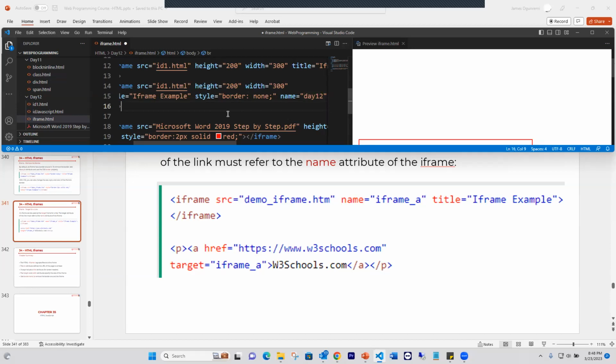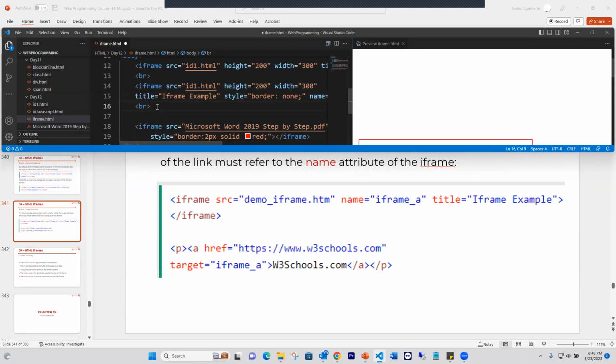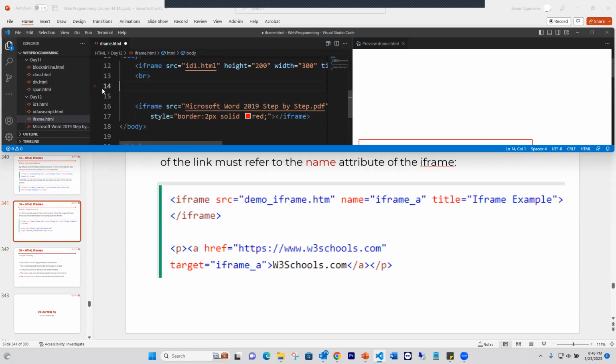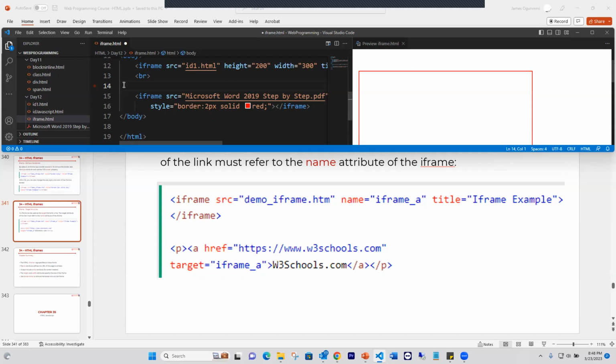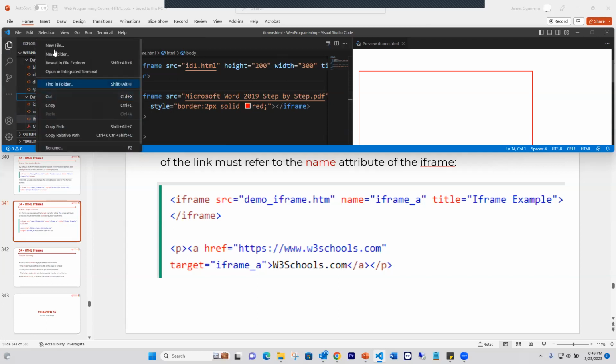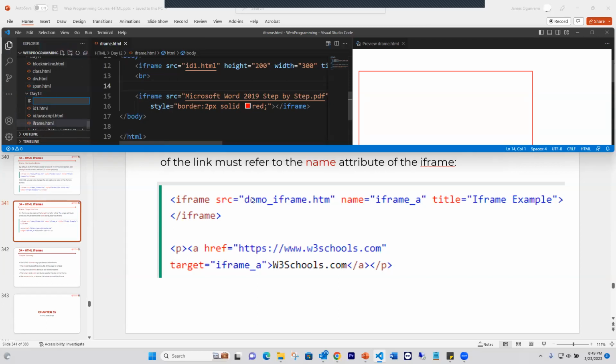Okay, from this code we are seeing here, something tells me we should put this in another document. Okay, guys, let's put what we are doing here in another document entirely, so that we don't confuse ourselves. Let's create a new HTML document. Name it iframe2,